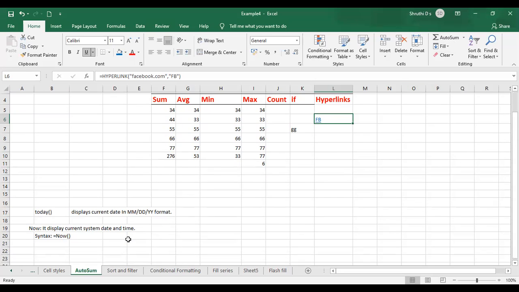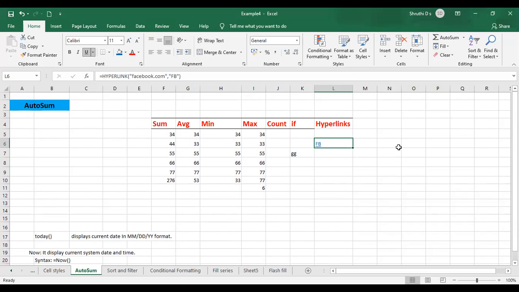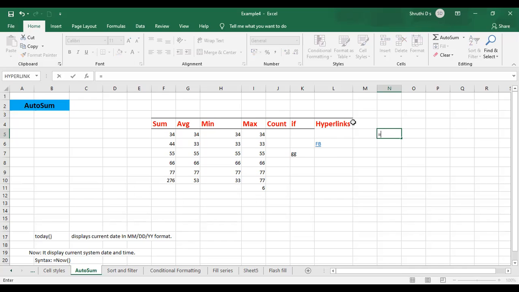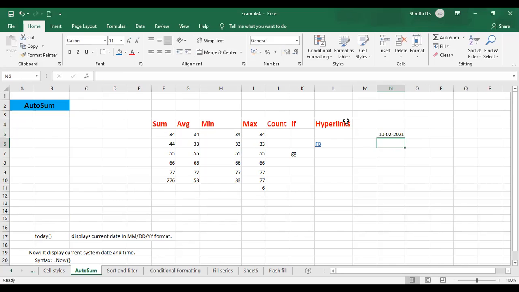Now apart from this, you just have TODAY and NOW as the two functions available. I can show you directly. The RANDBETWEEN function I had explained, right? Similarly, we have TODAY and NOW. As I told, whenever you are entering a formula, you have to start with the equal to symbol. So equal to, if I give TODAY, since it is a function, just give the parenthesis and press enter.